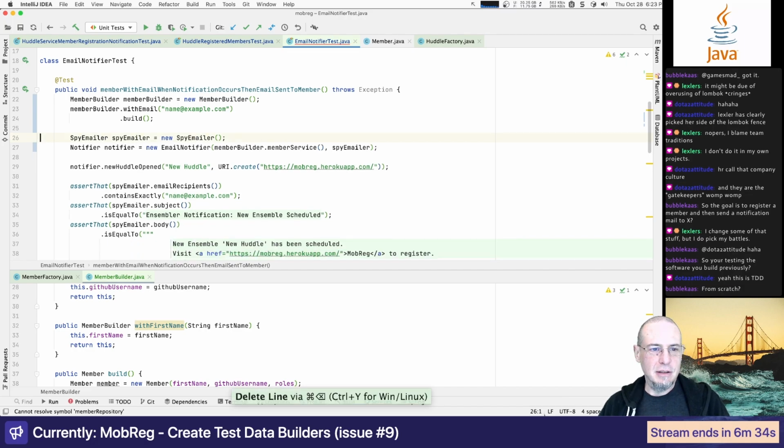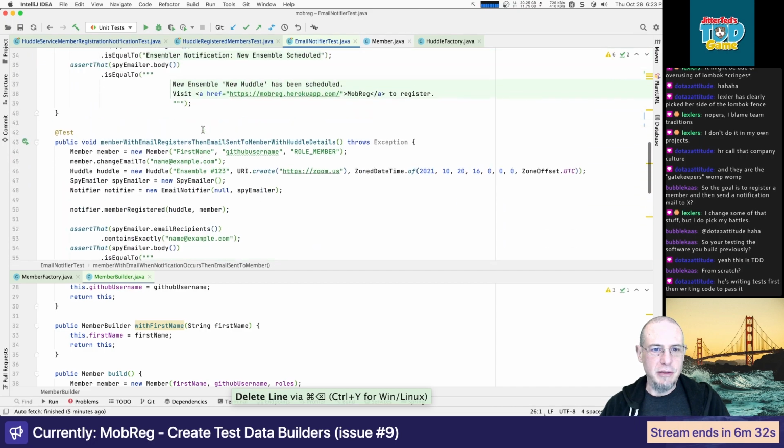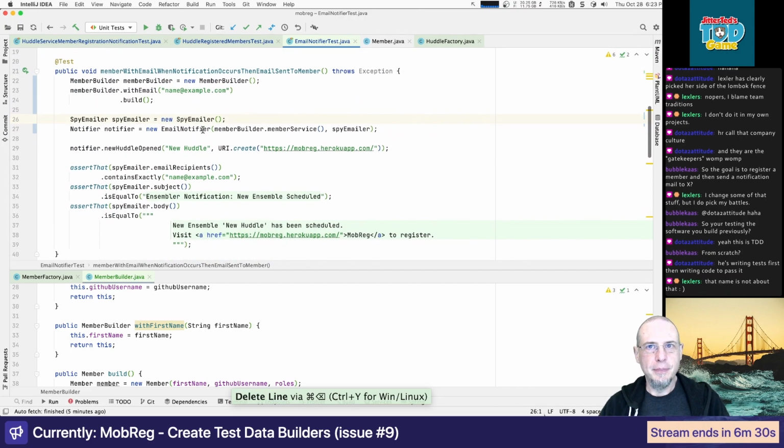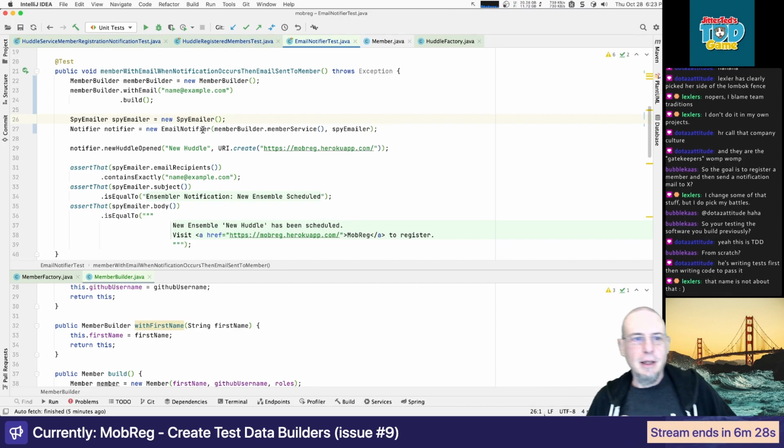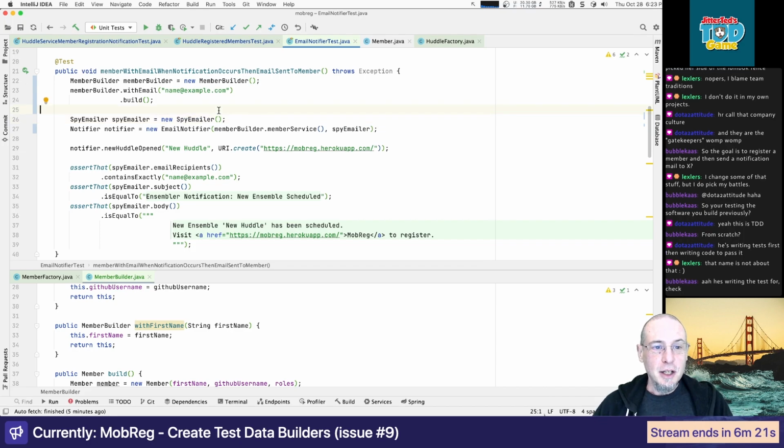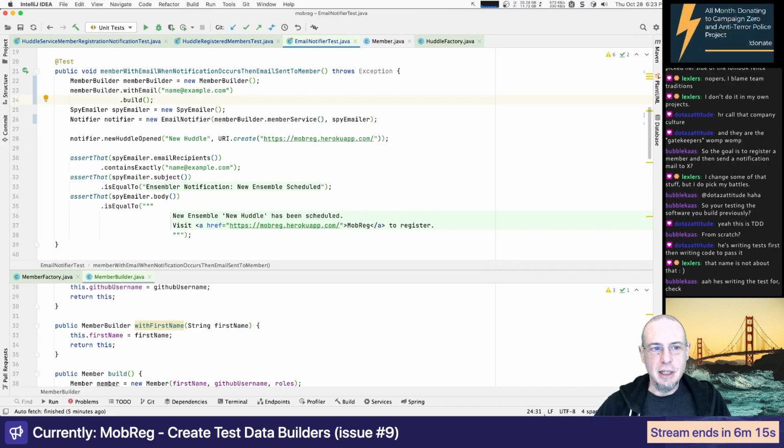No, because I've got a test for if they don't have an email, they don't get it. Okay. Yeah, I'm not sure why I had that line. So not sure why I had that there. Okay. So already this is smaller, and what's nice is that what's left here is more